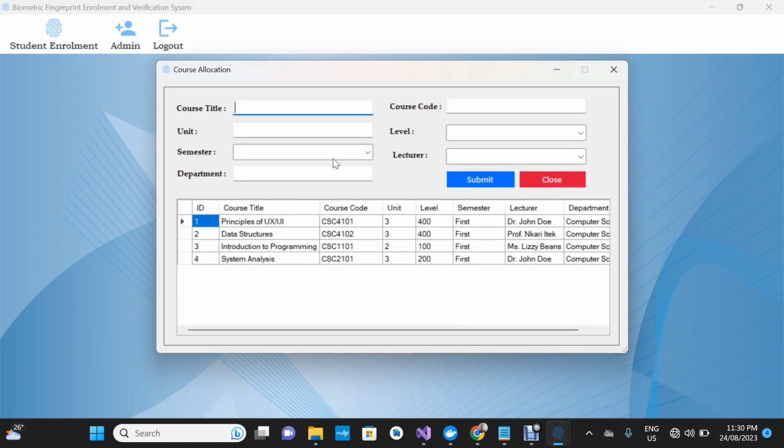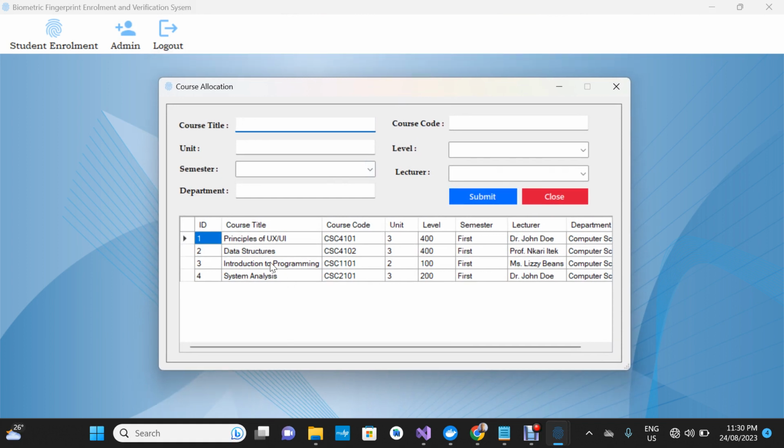Here we are going to add courses. Okay, so we have 4 courses: Principles of UX UI, Data Structures, Introduction to Programming, System Analysis. Okay, so for course title, I'm going to enter React.js. So it's going to be a 400 level course, CSC 4103. Then the unit is going to be a 3 credit unit course. Then the level is going to be 4. Then first semester,